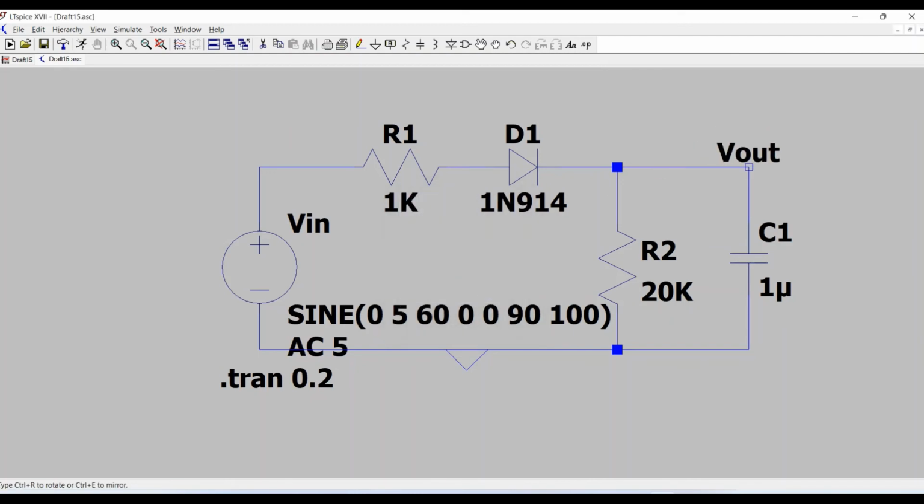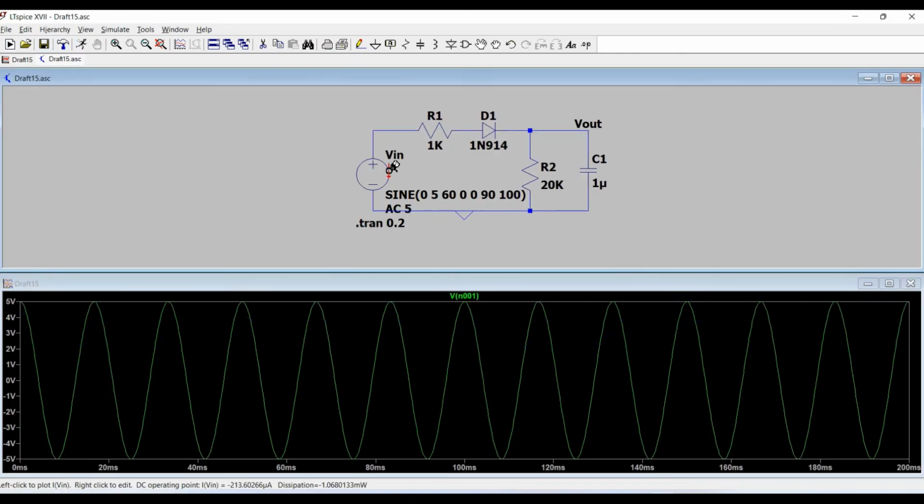Okay, so it will look like a more convincing circuit. You can run it. This is your input and this is your output. So now you can see over here V out and